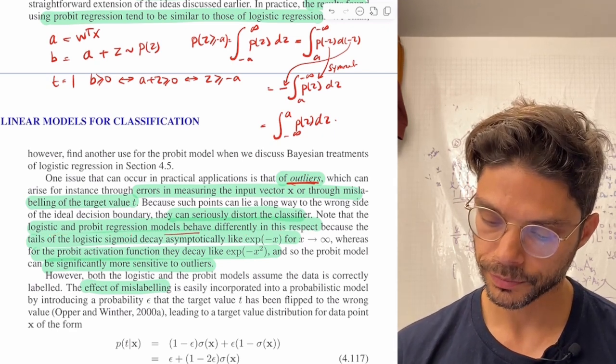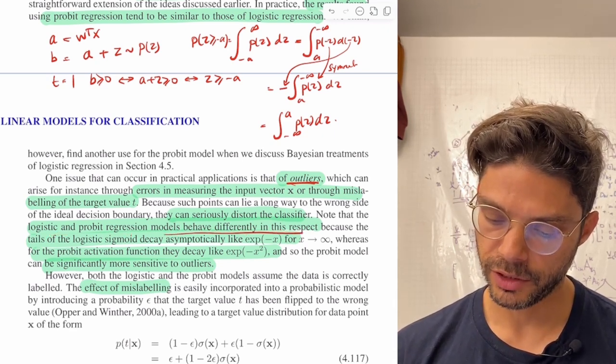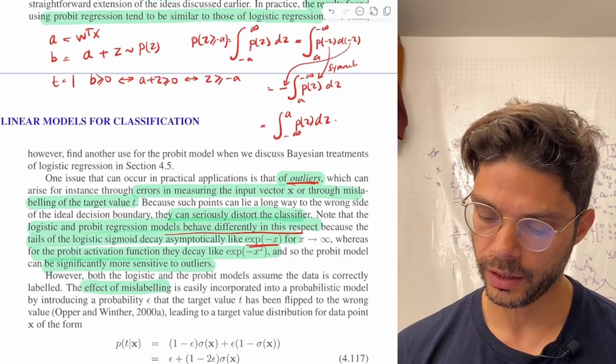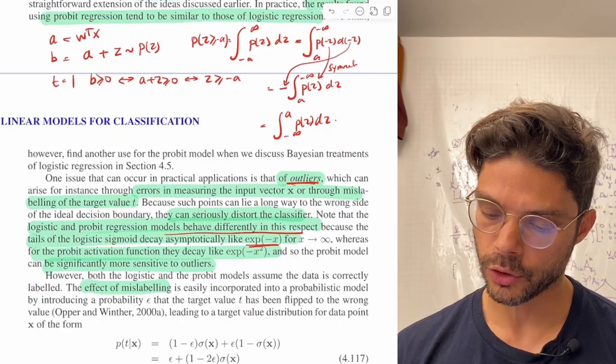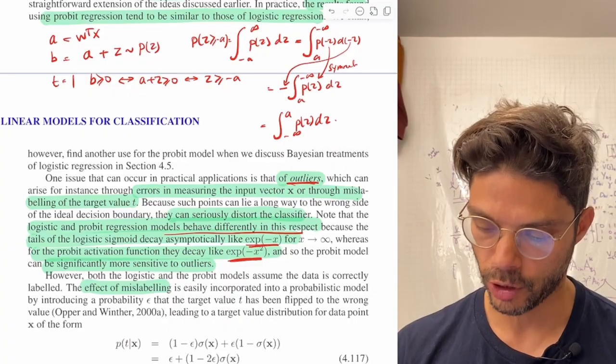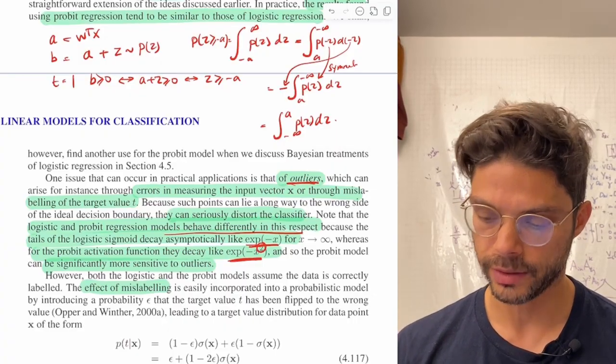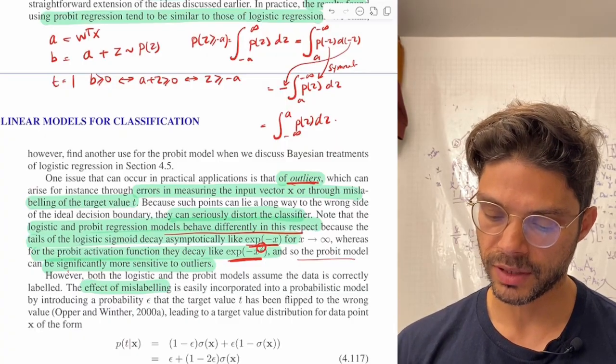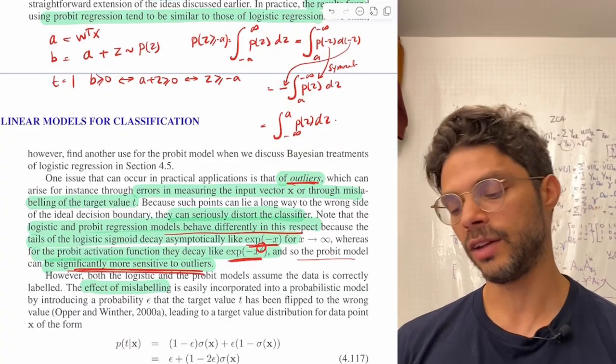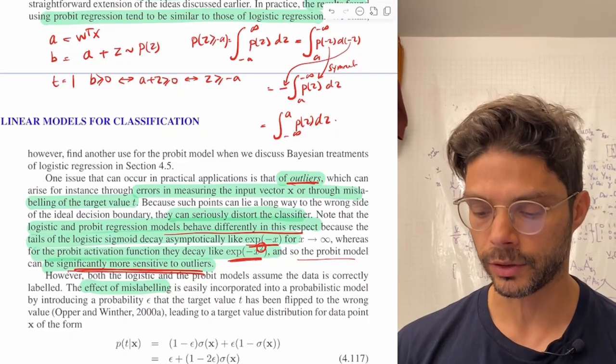So this is cool. The tails of the logistic model decay exponentially, whereas for probit activation they decay exponentially and quadratically. So e to the minus x versus e to the minus x squared. And so the probit model can be significantly more sensitive to outliers. And the reason why is that under that model,